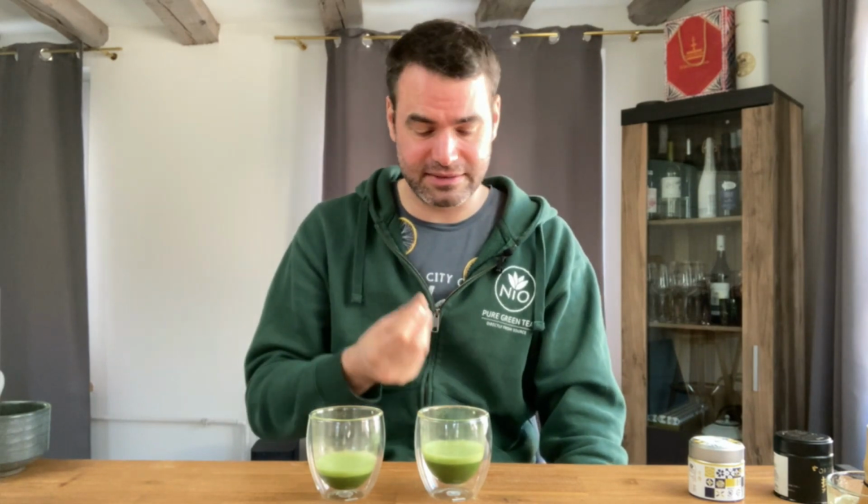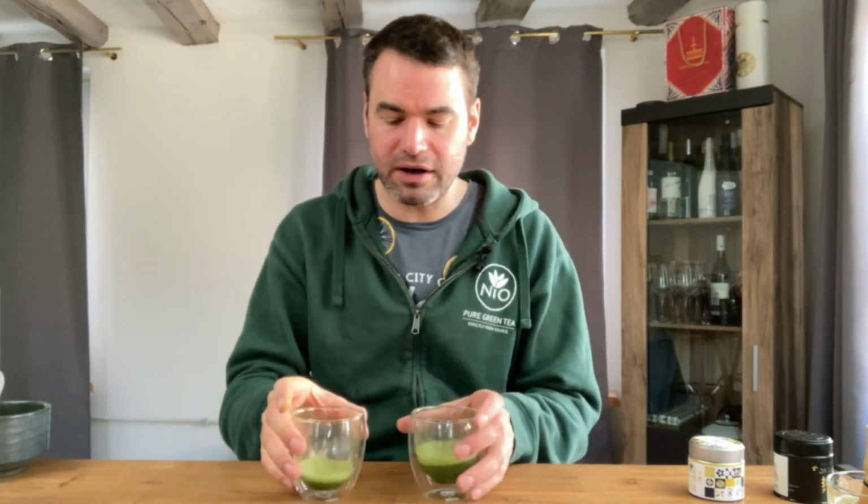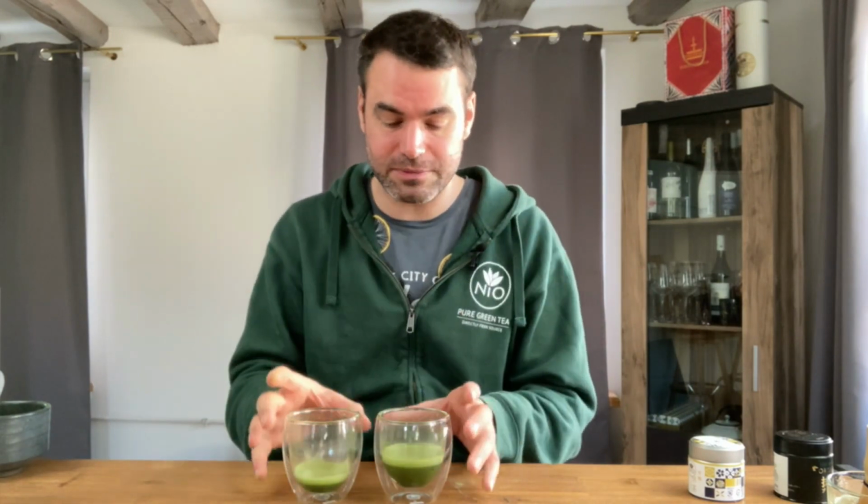Here I get a nice, beautiful hazelnut flavor profile, while here it's smoother and it pushes a little bit more in the direction of creamy, and this typical cashew nut I'm getting often. It's a little bit the sweet corn you often get in the leaf teas. Here I get this much less, but it really moves into a more nutty, cashew nutty realm. So all in all, both teas are quite exceptional,